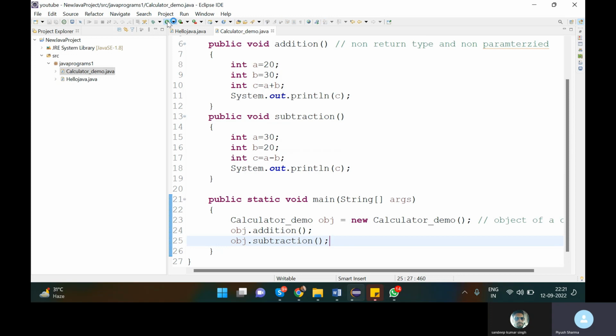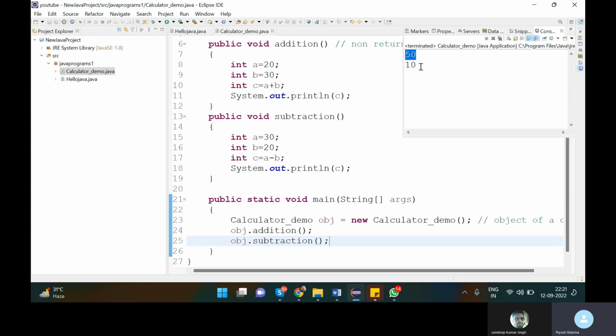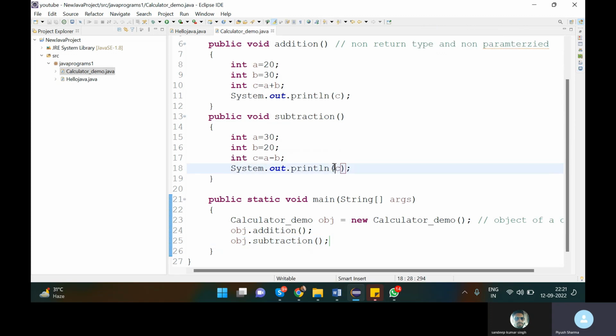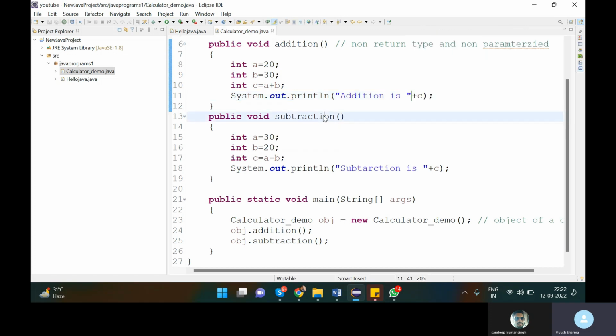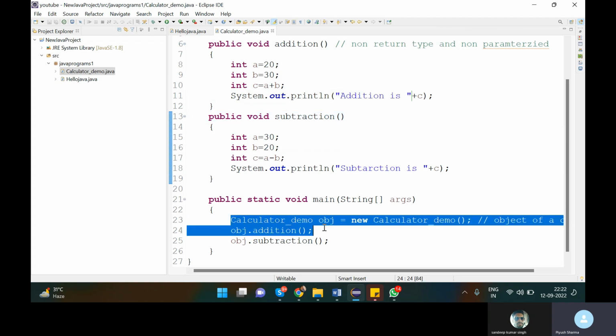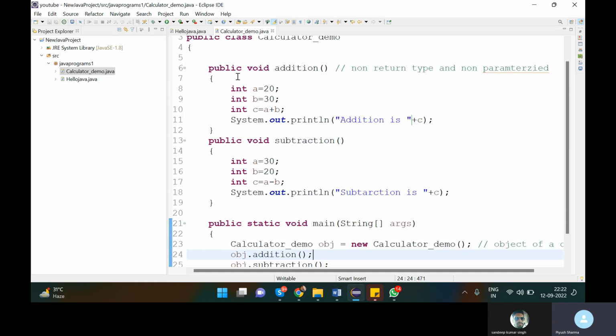The addition output will be 50 and the subtraction output will be 10. You can also concatenate the values: subtraction is, plus, addition is. If you run the program, the output will be addition is 50 and subtraction is 10. This is how we call a non-static method by using an object of the class. That's the non-return type and non-parameterized method.